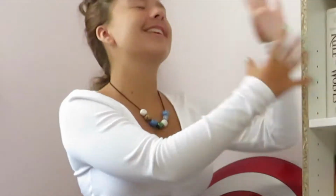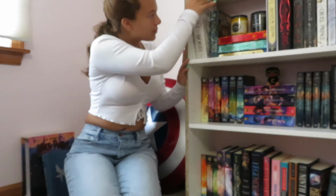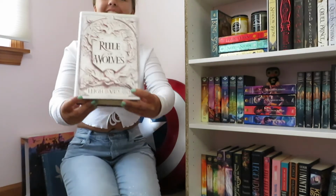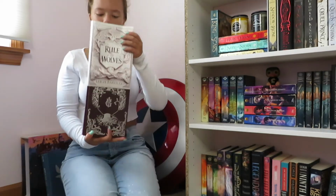Anyway, obviously the top shelf is the Grishaverse that I love so dearly and have screamed about on this channel a lot recently. So the first one I have is Rule of Wolves, and I'm going to take this one off the shelf because I want to show you guys what it looks like under the dust jacket, because the dust jacket is very pretty, but